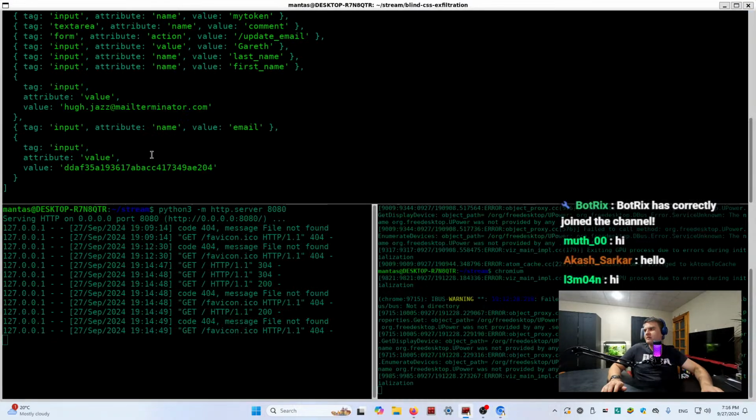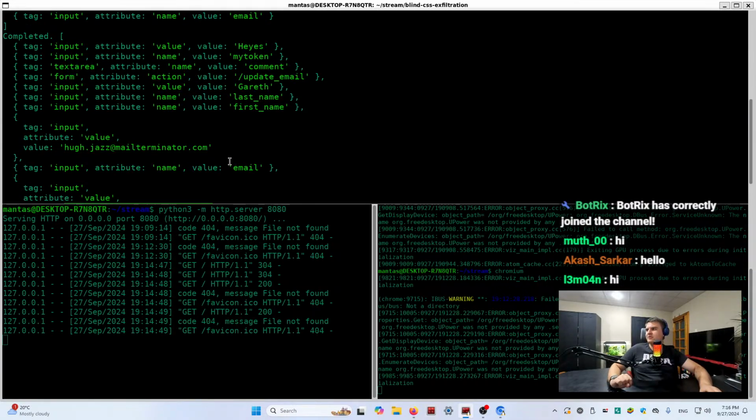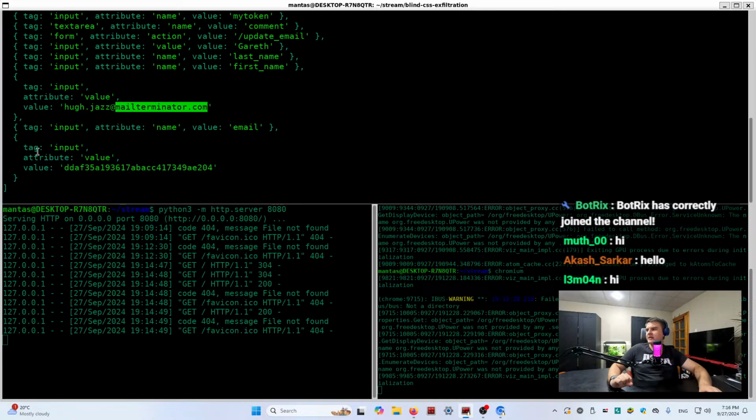Let's see on the server side. Yeah, as you can see, the input value of the CSRF token was actually captured in this case, and the email as well. So yeah, it works, but